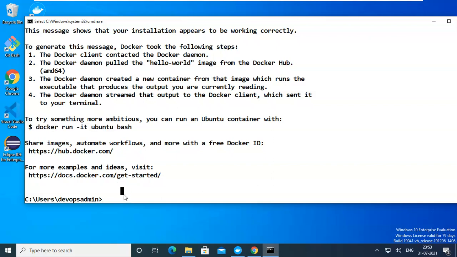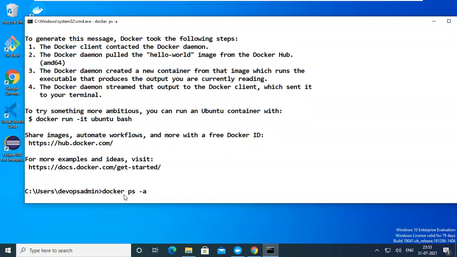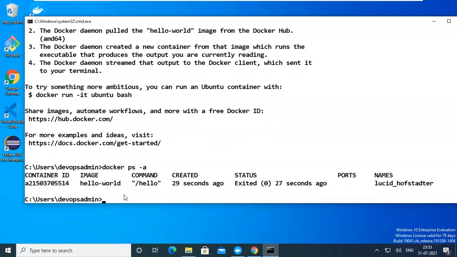Okay, we'll see that one, but first I want to see docker ps -a. So the container ran and stopped automatically. It will exit automatically. If it were currently running, it would show that in the output. Status is exited, completed. It ran, completed, that's it. This is the container ID, and this is the image name.